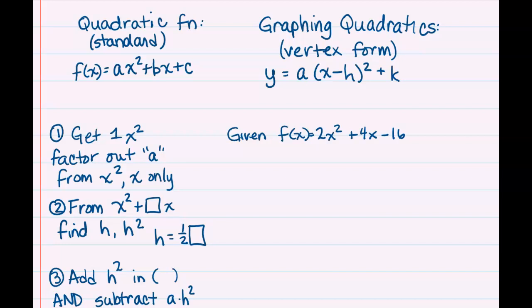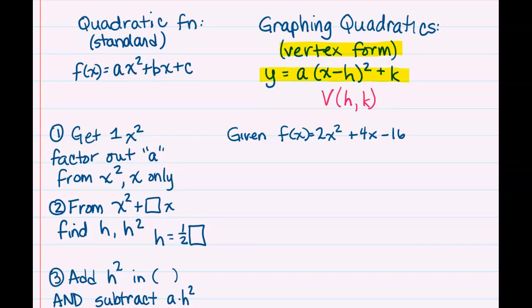We should be able to graph a transformed parent function, the quadratic parent function, by using our transformations. Sometimes it will look in the form of y equals, or f of x equals, a(x minus h) squared plus k. We refer to this form as the graphing form or the vertex form. The reason it's the vertex form is because the value of (h, k) will be the vertex of our